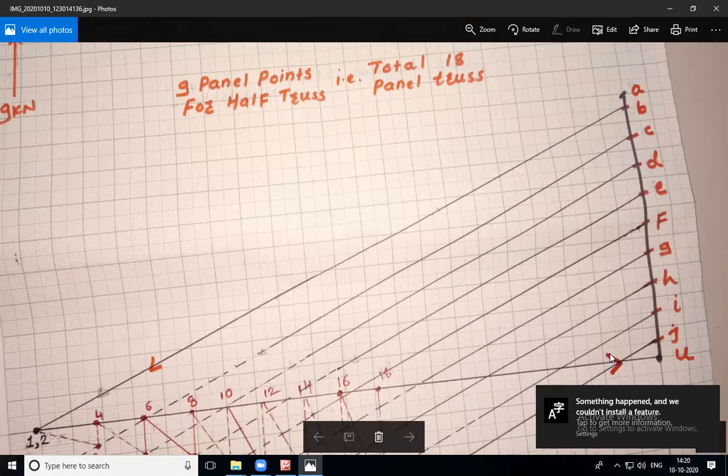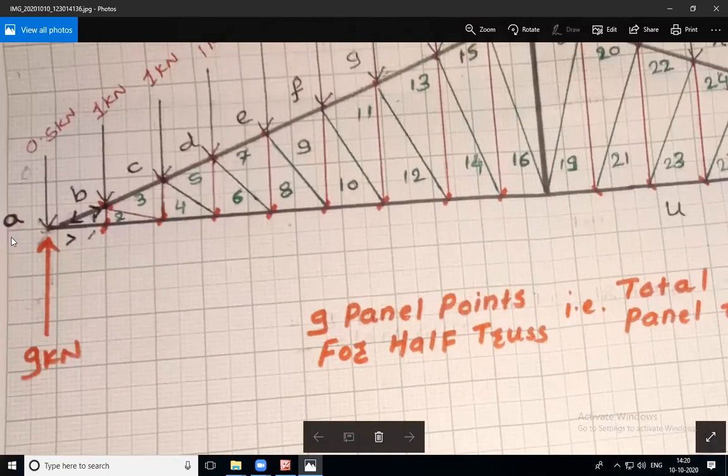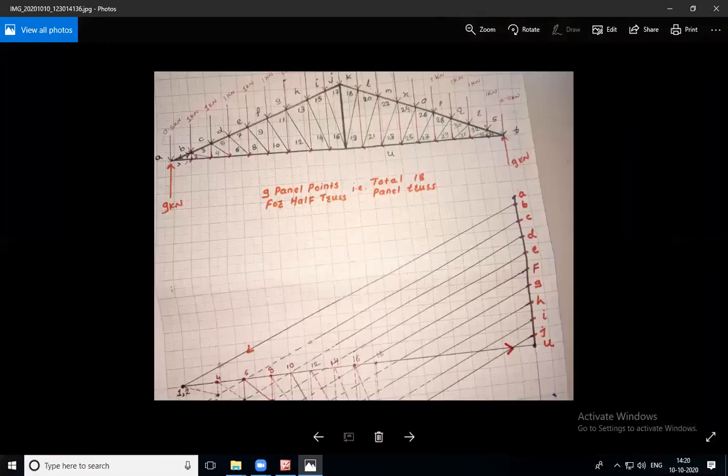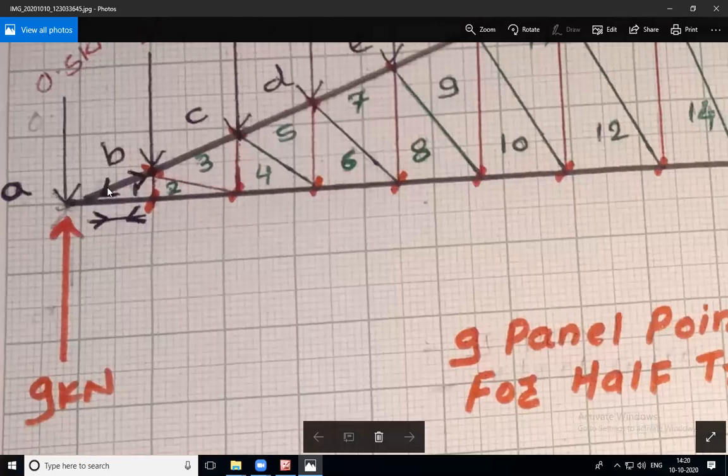Show the arrow close to U, isn't it? And the same arrow is to be shown in this truss at the A point. See, I have shown it here to minimize the confusion. I have shown it close to A. Why A? Because we are analyzing A, isn't it? We have to show the arrow close to A because we are analyzing A. And the opposite arrow is to be shown to the corresponding member. Okay, so after that our figure will somewhat look like this. See, this is a compression, this is a tension.